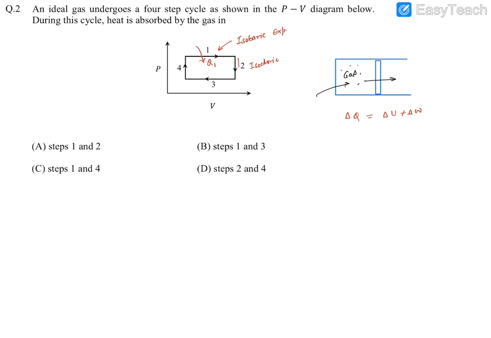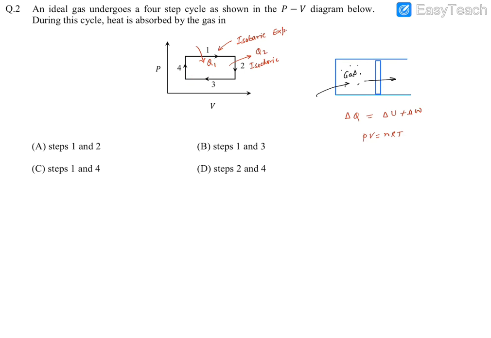You find the temperature is dropping because pressure is dropping. How to decide that? PV is equal to nRT. You'll find V constant, n constant, R constant. So if P decreases, T decreases. So the point is internal energy is decreasing. That means heat is going to be negative, that means heat will be ejected. Whatever the temperature drop is, that drop in the internal energy has to come outside in the form of heat. So from here the gas is going to reject the heat.